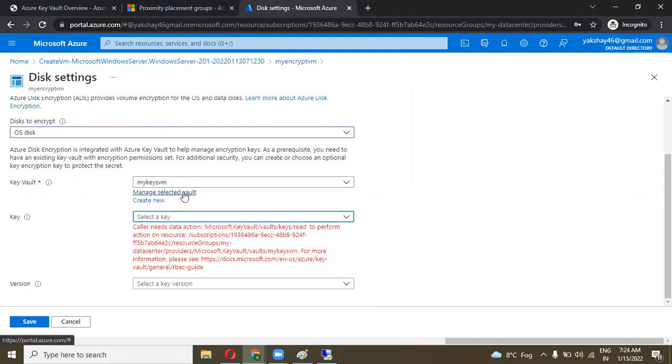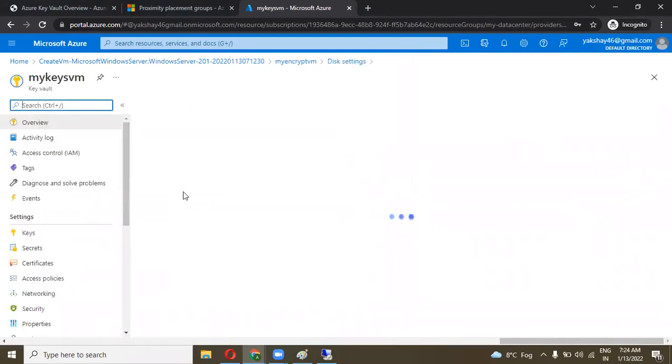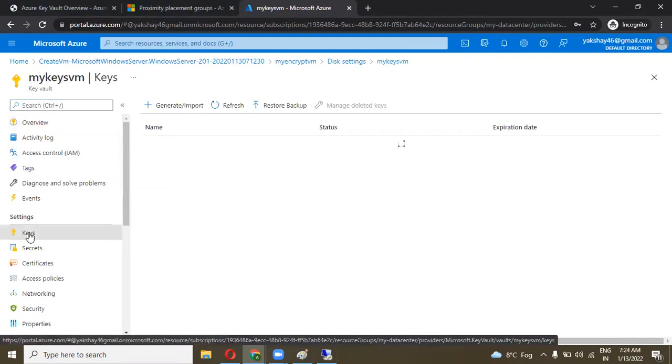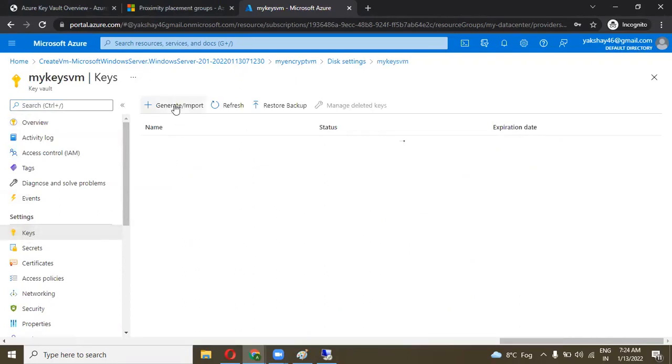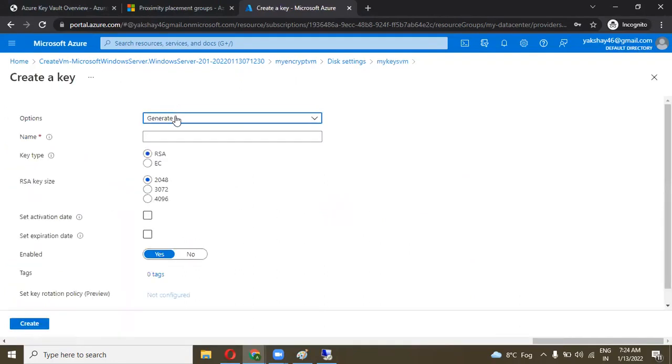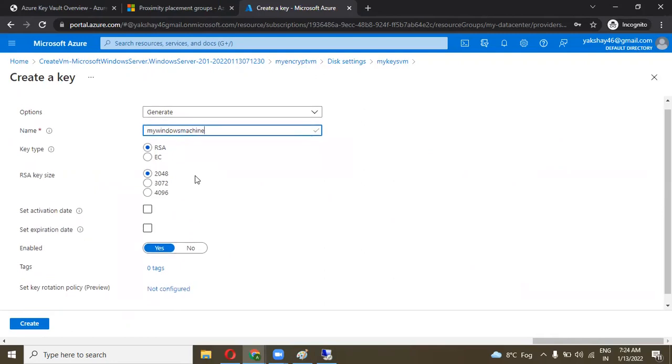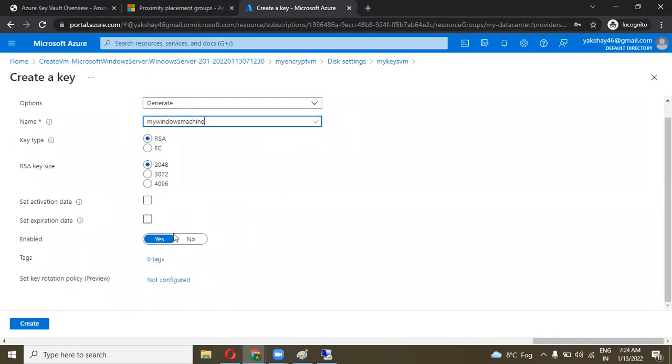Go to manage selected vault, and in my key vault, now we need to create a key here. Click on generate, and the generate option name is my Windows machine. Everything is set as default. Now go to create.